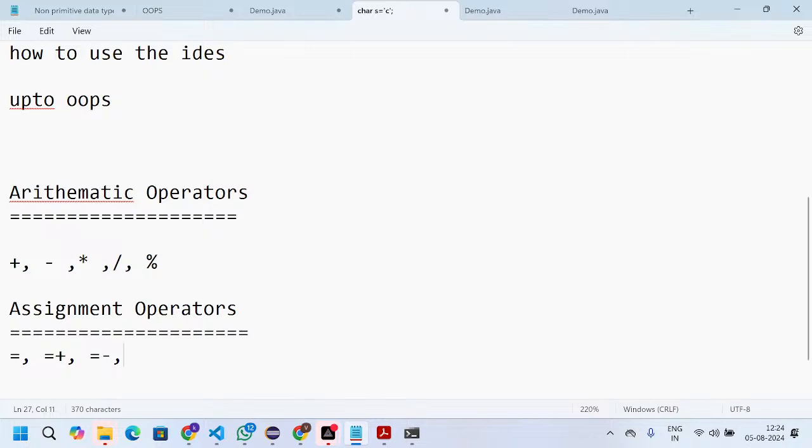The same: multiplication equals, division equals, and modulus equals. These are the operators which are used to assign the values.